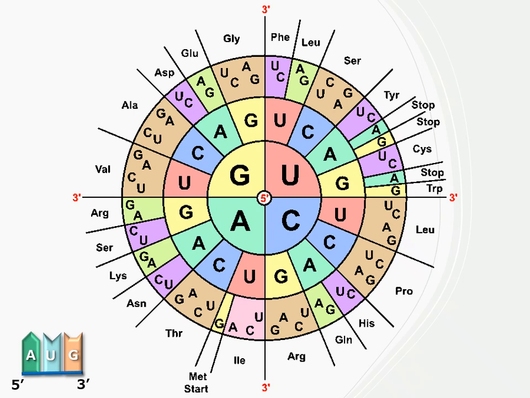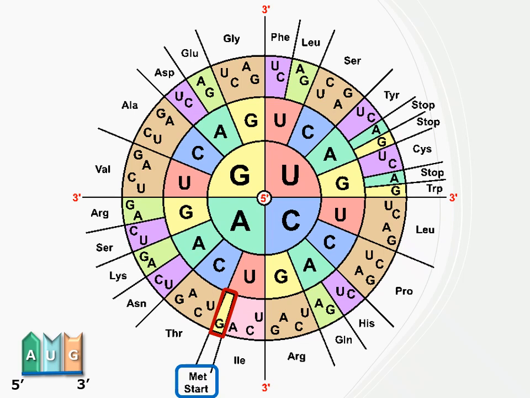Since our 5' base is A, that puts us in this section of the table. Moving out to the next ring, we see that our next base is U, so that puts us in this section. We then move out to the outer ring for the 3' base, which in this example is G. So, if we have a codon of AUG, this will give us the amino acid methionine,